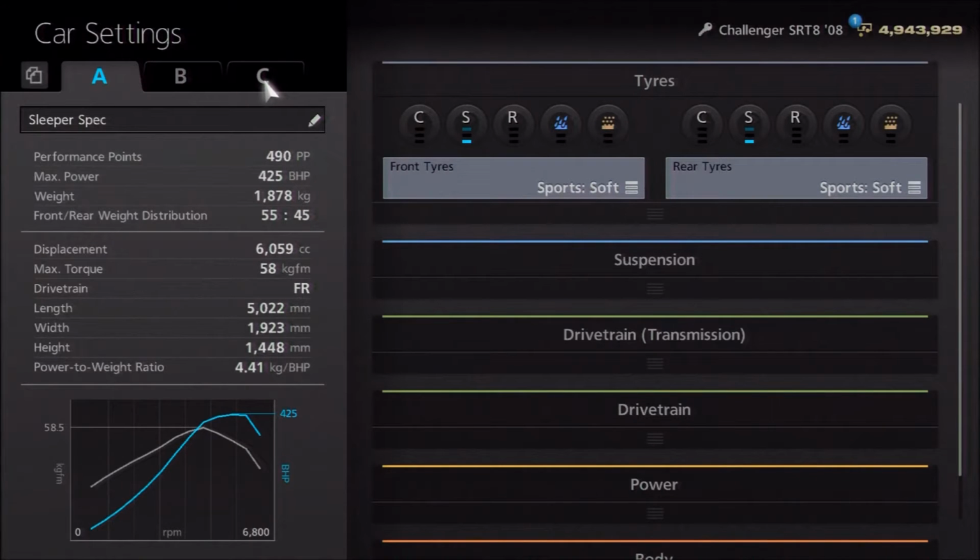For those who are perhaps new to this series, basically what we do in Sleeper Spec is we take a vehicle which is okay from a performance category, or pretty good for a road car, but then we upgrade it in such a way that you can't actually tell that anything has been done to it. So it's a complete sleeper, but it's actually multiple seconds, or sometimes even almost minutes faster than its stock equivalent